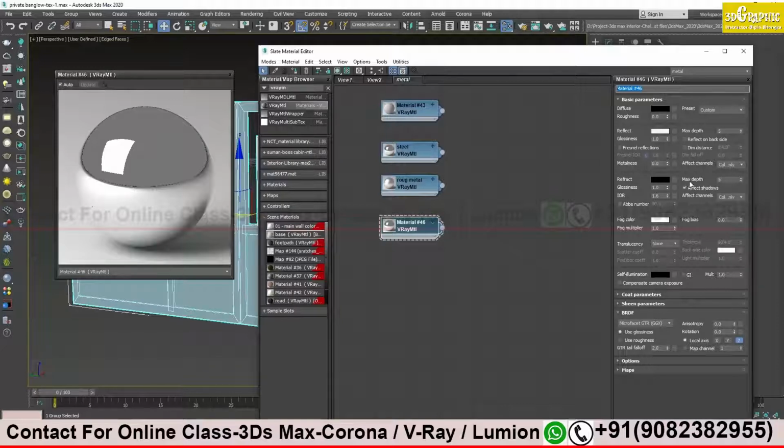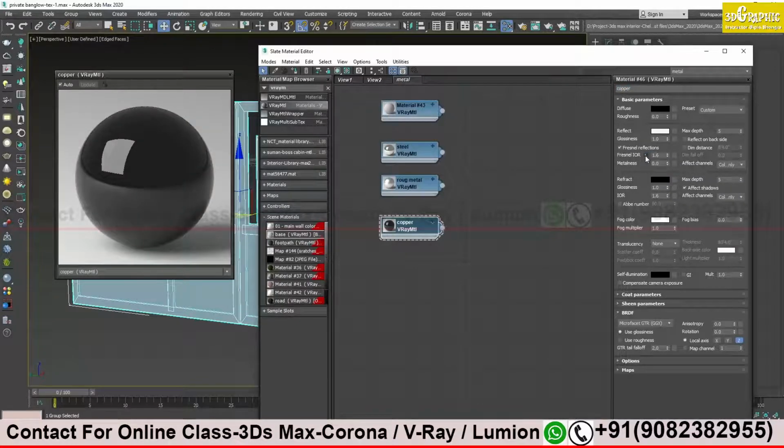Okay, so we have created a copy of our steel material, and I will just rename it as copper. And color we will deal with later on. First IOR. Here you see IOR reflection is given. By default it is locked and controlled by Fresnel reflection. So I have to turn on Fresnel, click on L to unlock, and then I can give the value which I have copied.